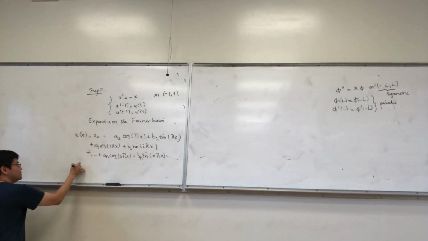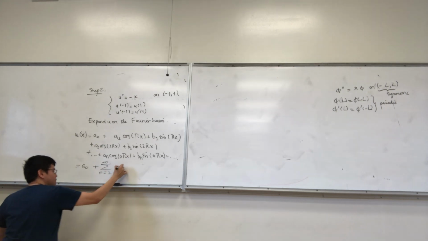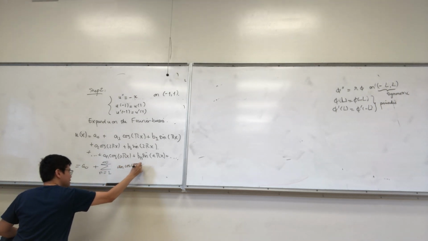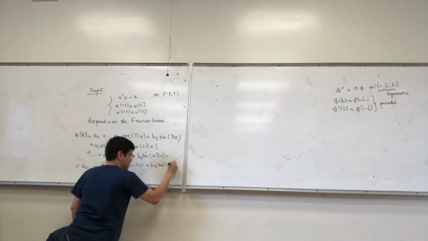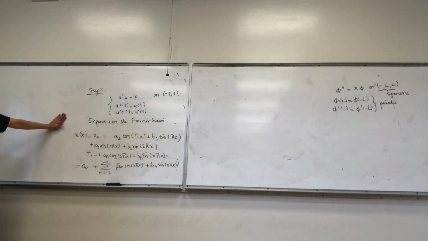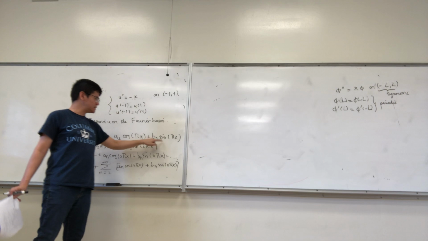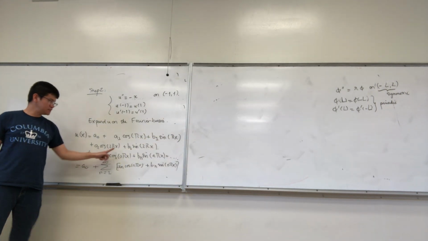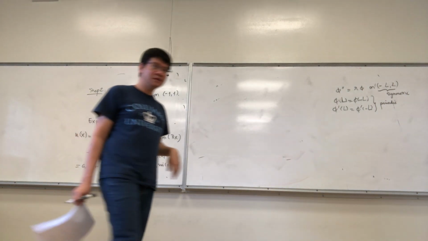Alright, and this can be written as a0 plus the sum, when n is going from 1 to infinity, of an cosine of n pi x plus bn sine of n pi x. In this case, you use the Fourier basis because this is what you found. You found a Fourier basis, so you expand the solution on the Fourier basis. u of x will be a0 plus a1 cosine pi x, b1 sine pi x, a2 cosine 2 pi x, b2 sine 2 pi x, an cosine n pi x, bn sine n pi x, right? And you also expand